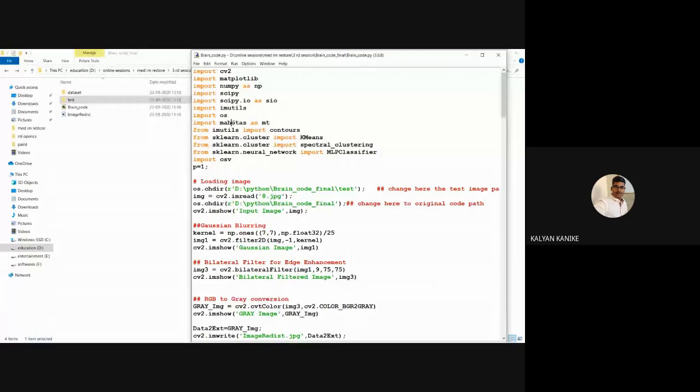It is a separate package to implement things in an easy manner. This mahotas package we will use to find the feature extractions. For each and every package we have to import it, and I will also tell you how to import it.